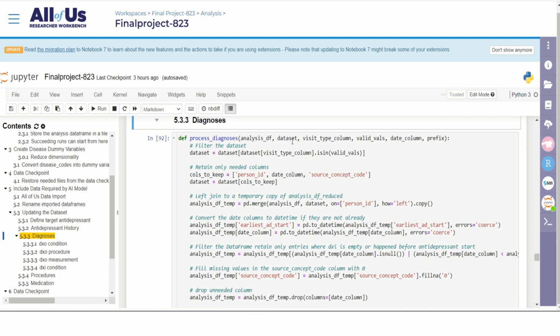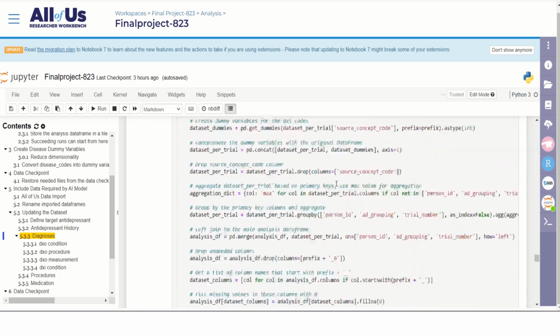The datasets in diagnosis are the All of Us datasets, for example DXO condition, DXO procedure, DXO measurement, DXI condition, etc. For the visit time column, it is the column name that should be filtered to only valid values for inpatient and outpatient. For the date column, it is the column name for the date of the diagnosis, and prefix is TX or RX. And we are retaining only needed columns: person ID, date column, source code,